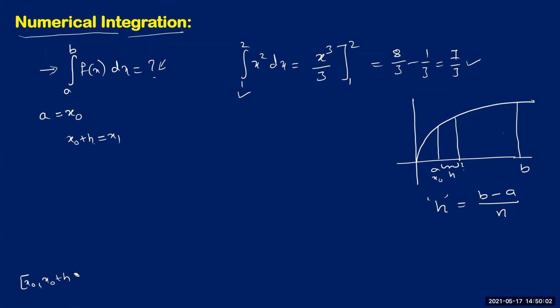Now, can you expect what may be our next interval? If you are ending this at x1, what may be our next interval? What may be the first point in this interval? x naught plus h, which we can also write as x1, as we considered here. It starts at x1 and ends at the next point, which should be at a distance of h units. So it should be x1 plus h. If I take that x1 plus h as x2, now this is x1 comma x2.